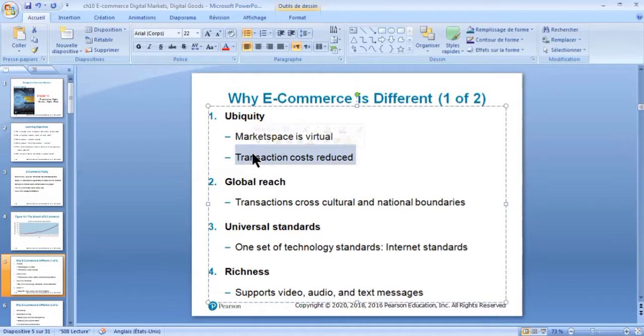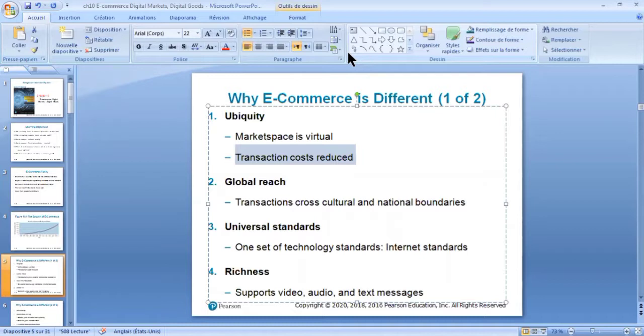What it costs to take the merchandise, for example, from one place to another. Exactly. It's the cost of doing business. Okay, it's all the costs related to doing business. So from a consumer point of view, ubiquity